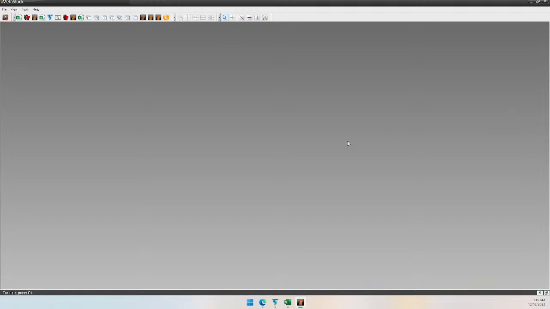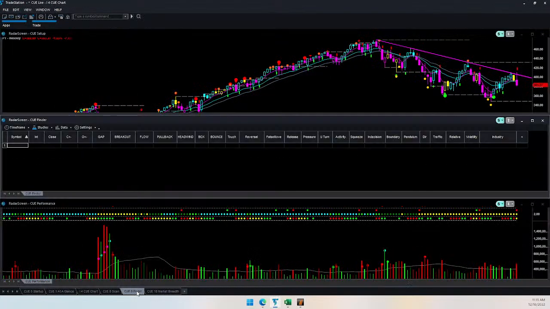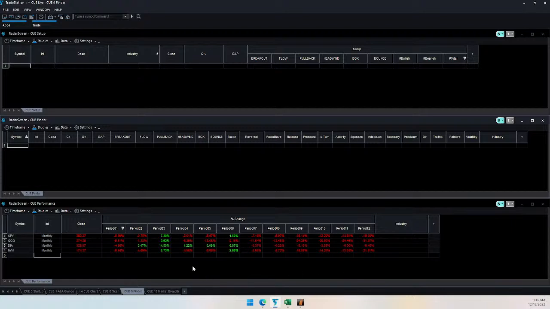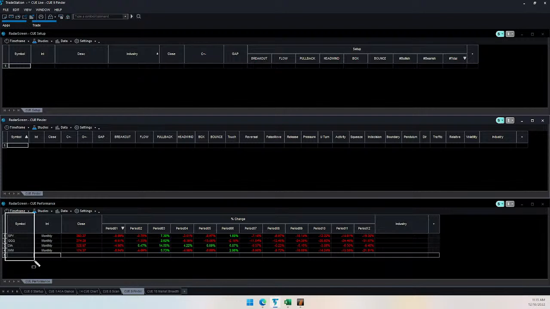What about the USA market? The USA market has dropped significantly this year, so let's look at the percentages here in Radar Finder on TradeStation Q Elite. I have put in the 4 market ETFs: SPY, QQQ, DIA, IWM. This finder shows the monthly percentage change from 1 month to 12 months.